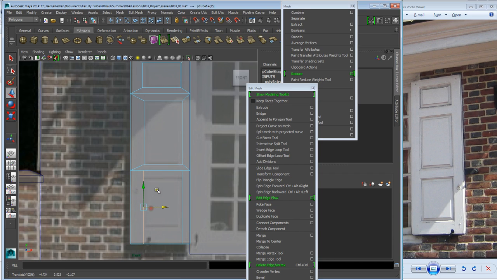Alright, and so I'm just switching between different components by left clicking and holding that, and it's showing me a little bit of a pop-up. I don't think it appears in the recording program that I'm using, but I'm just going between these different sub-object modes by doing that. So now I'm on vertices here, and I'm just addressing the last square that I have here at the bottom. Alright, so now we have the three panels that we need to do this